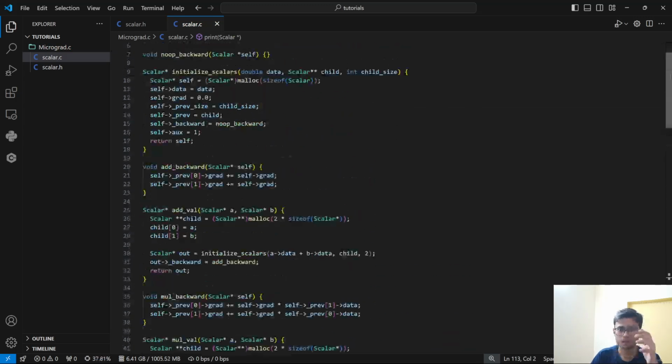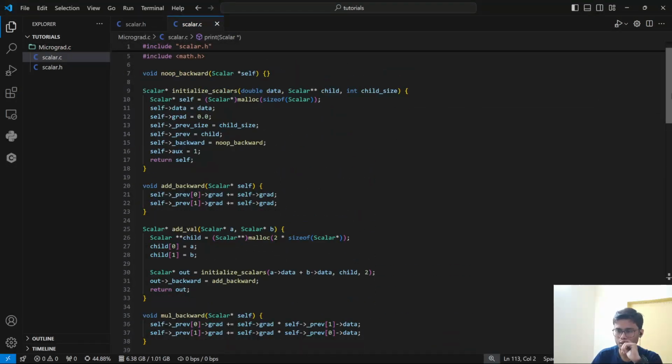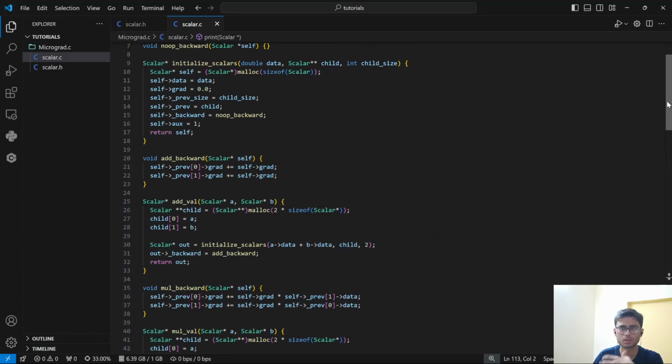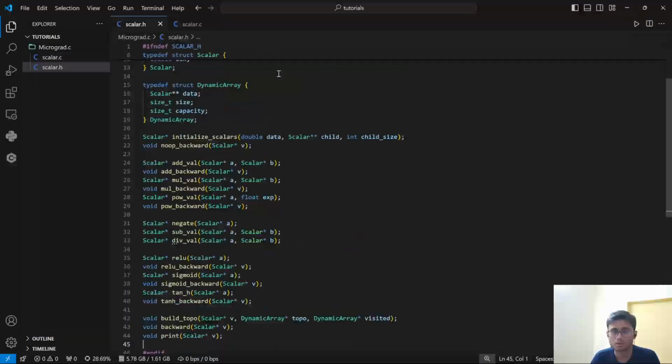So I've just written the whole code. Functions are pretty basic. You can refer to the previous video for the explanation part. The thing that is different in this implementation of scalar micrograd from the last one is that I